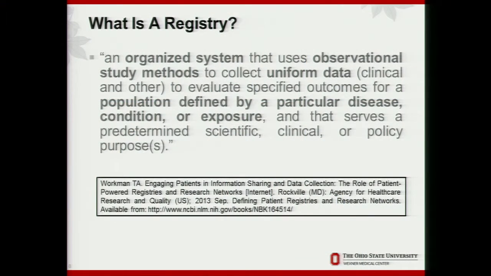So to level set, I wanted to talk about sort of how we might define a registry. This will be, I promise you, the only slide that I will read verbatim, but I think it's worthwhile just for us to say this, in that a registry is an organized system that uses observational study methods to collect uniform data to evaluate specified outcomes for a population that we can define by a particular disease, condition, or exposure, right? So this is about getting the data we already have as it aligns to cohorts that we can define based upon disease or an outcome of interest, and structuring that data so that we can use it in important